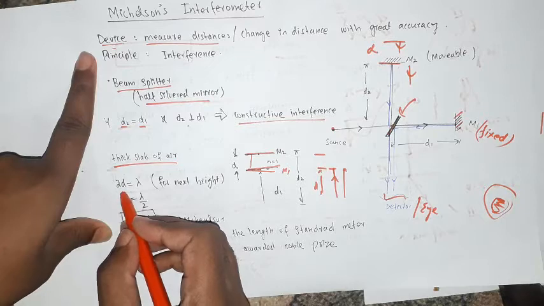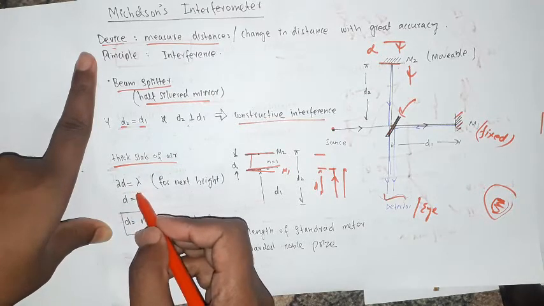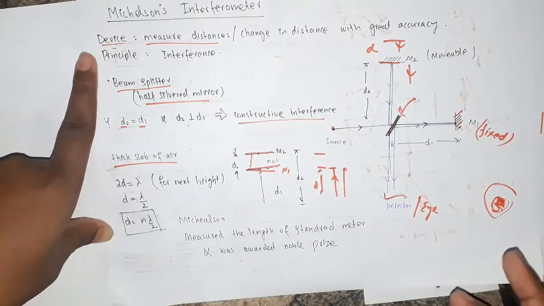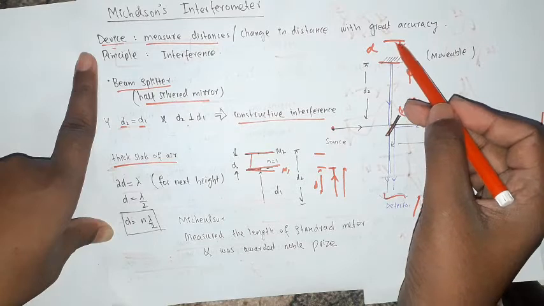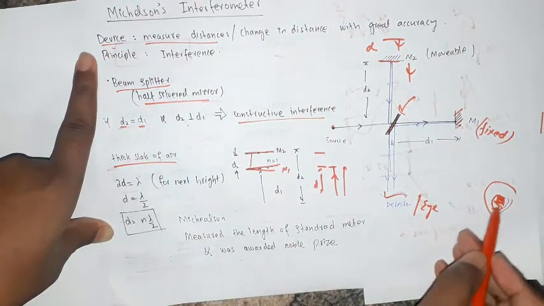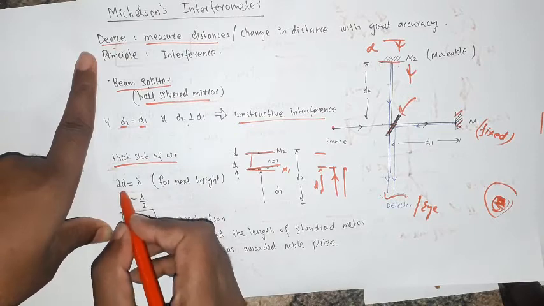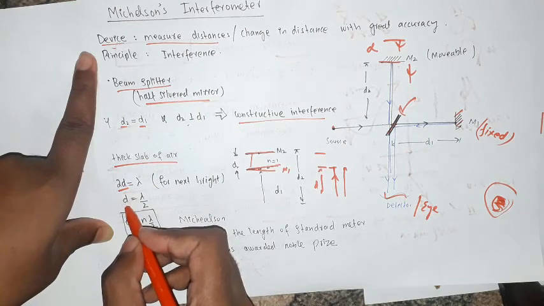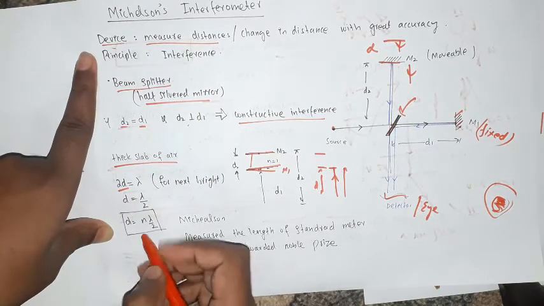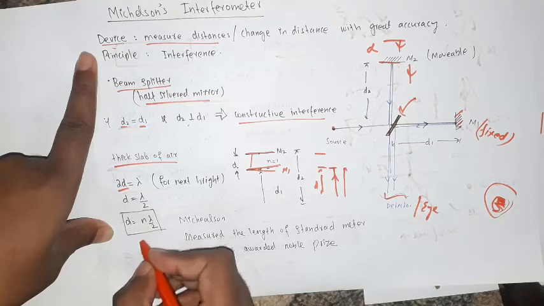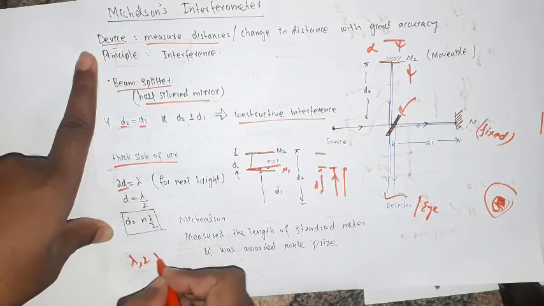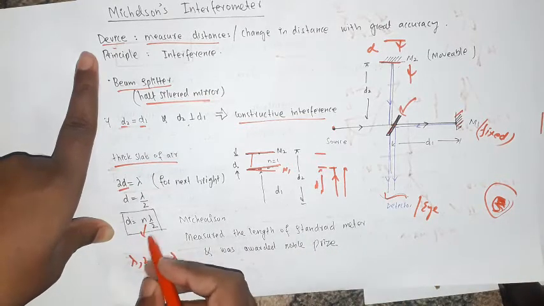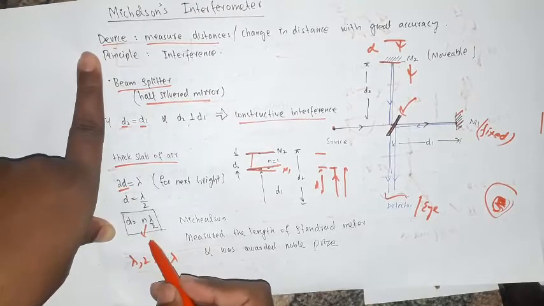If this path difference is of the order of lambda, I mean to say that first we had this arrangement and we were getting this pattern. If it is moved in such a way that we again get the same pattern, then it means that the path difference is an integral multiple of lambda. So from here I can write d is equal to lambda by 2. Or, if we increase the distance by lambda, 2 lambda, or 3 lambda, we will get the same pattern, so I can put n here. So d is equal to n lambda by 2. This is basically the relation between the distance and the wavelength.